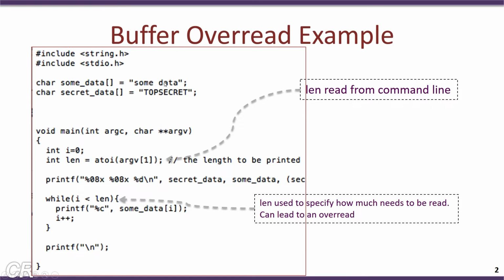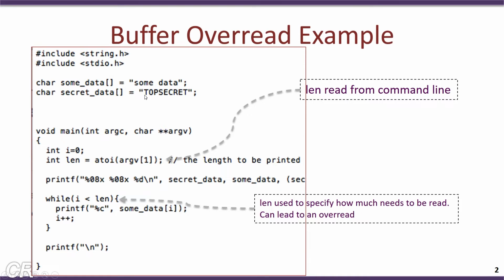However, if the user specifies a very large number for len, then these some data characters would get printed, as well as the adjacent characters stored in the memory. In this particular case, the adjacent memory contains top secret. So if the value of len is large, then not only is some data printed, but also top secret gets